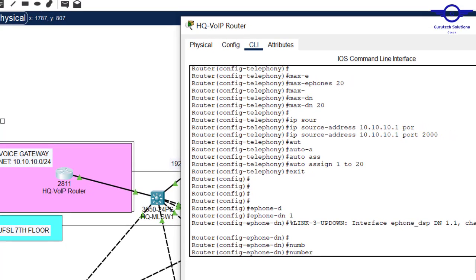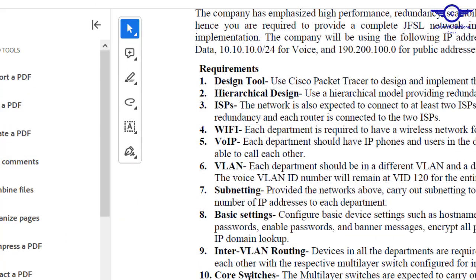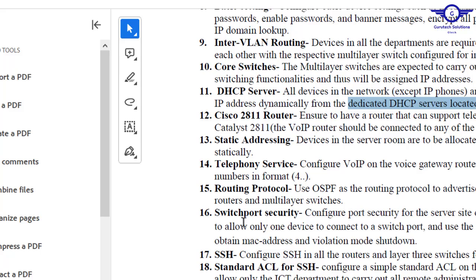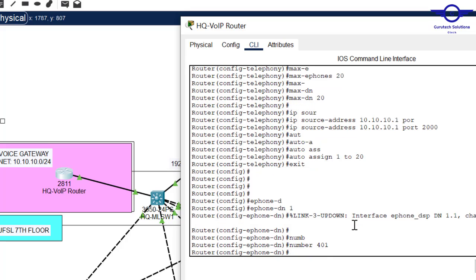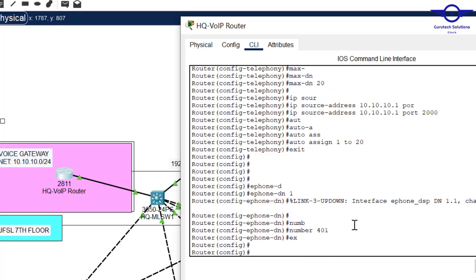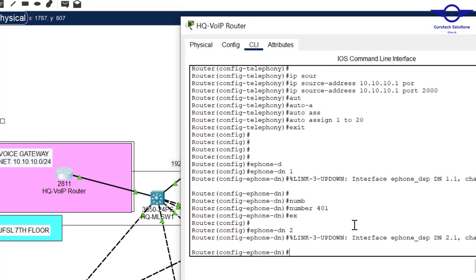We were told to use this format, 4 dot dot. Okay, so let this take 401. Okay, exit. Then the second IP phone to take 402,